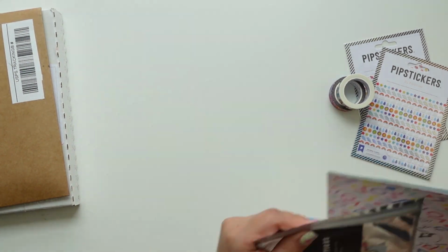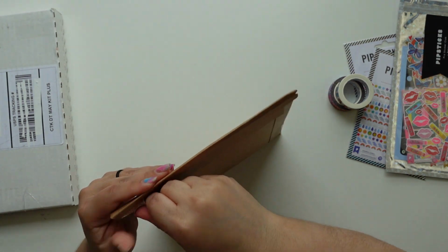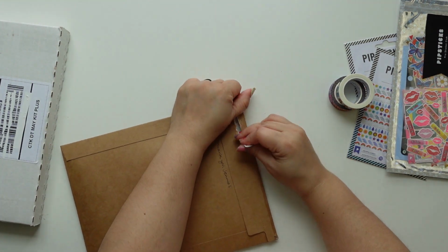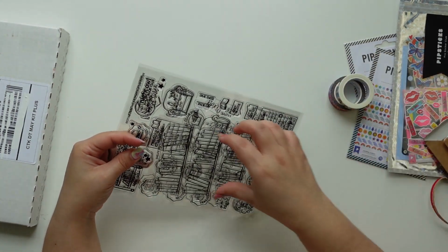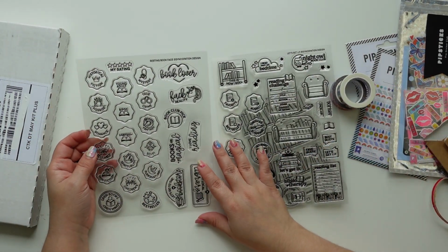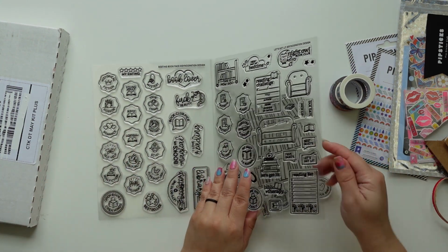Okay. Then here we have the stamps from Syncopation, and they're from the new collection, I believe. Let's Get Lit. Oh wow, this is some. And they're 6x8. Ooh, yes! I got the digital version of this. I am pumped because I have the digital version, but I do like stamping on my actual book. I feel like it gives it a real DIY